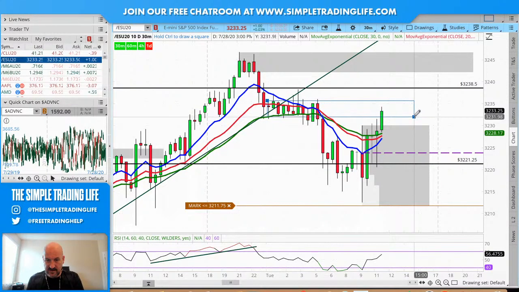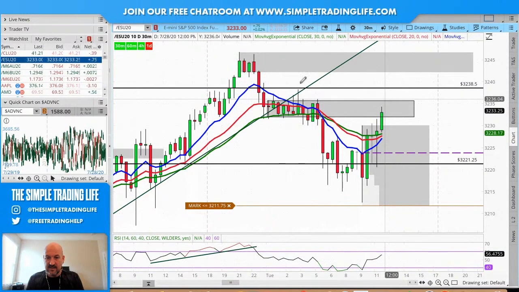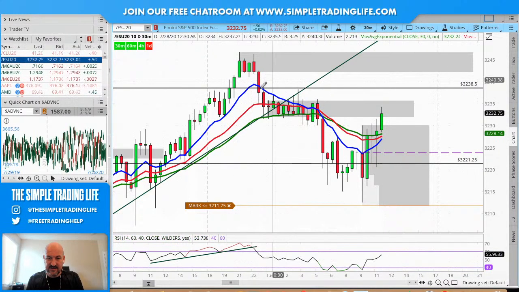Kind of right in there. Okay, so if it can break through there, then you would look at this wick. This would be an obstacle. We also have a resistance level here at 3238.50. But if it could get through here, you got a wick here and a wick here, your next area would